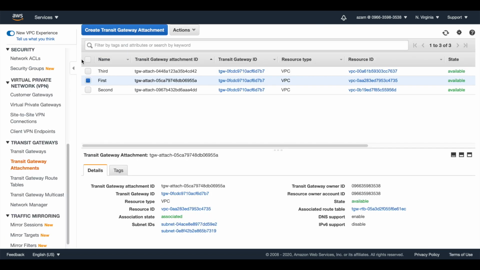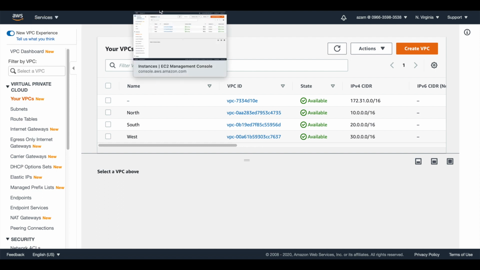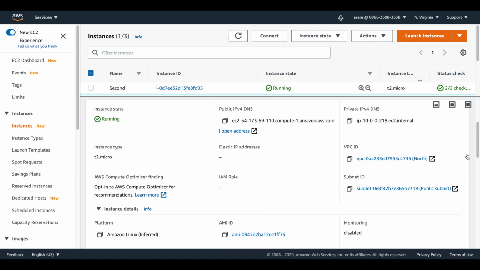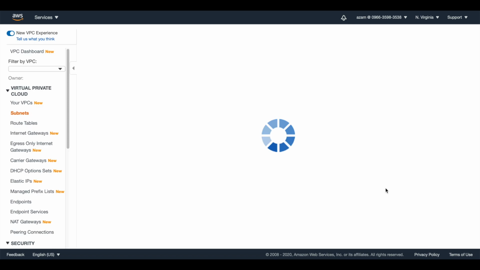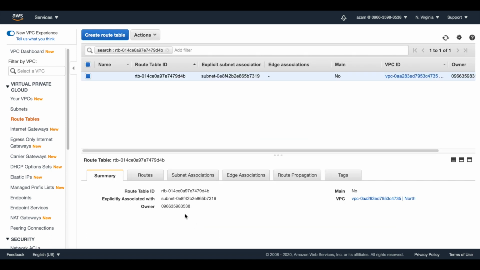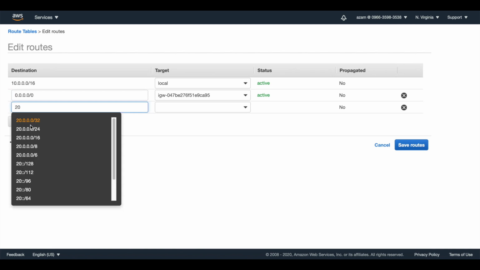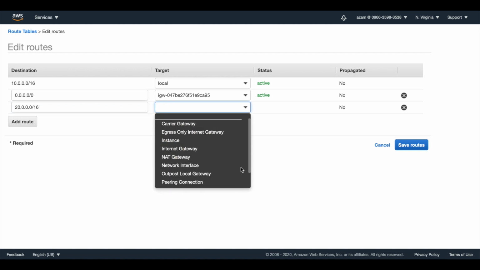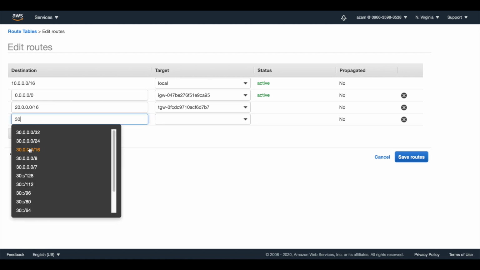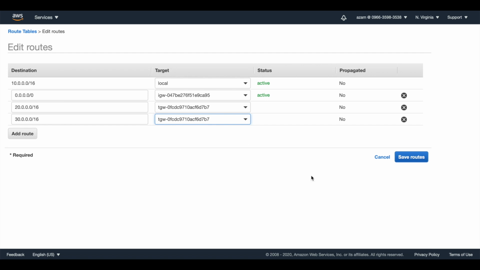Let's go and do that. First thing, I go to EC2, the first one, subnet, route table, routes, edit routes, add route, Transit Gateway, the other VPC, Transit Gateway, save routes.